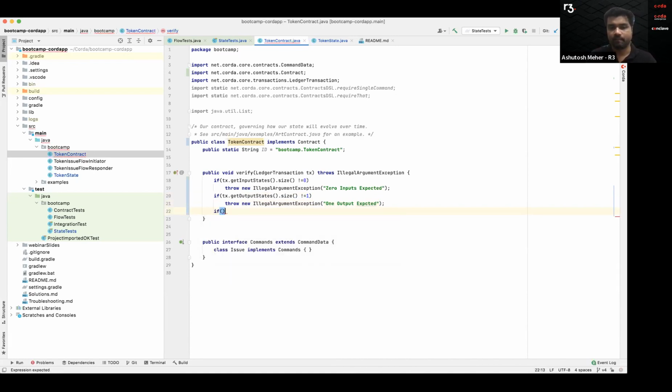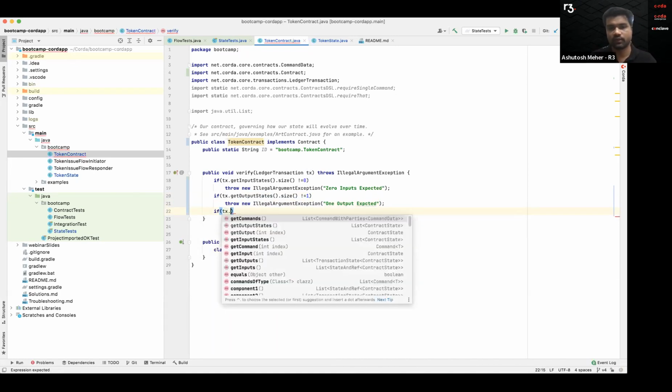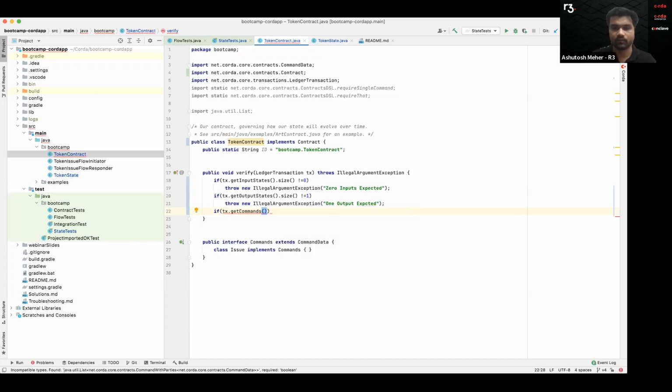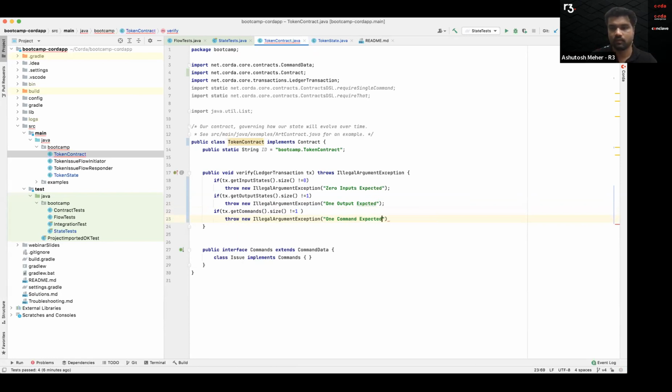And then we also want to make sure there is one command. This will also be pretty simple. All right, so those are things from the shape of our transaction, things like the size of different things. Let's move on and look at